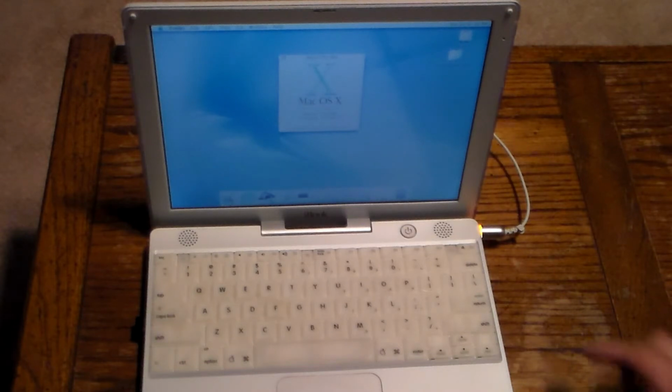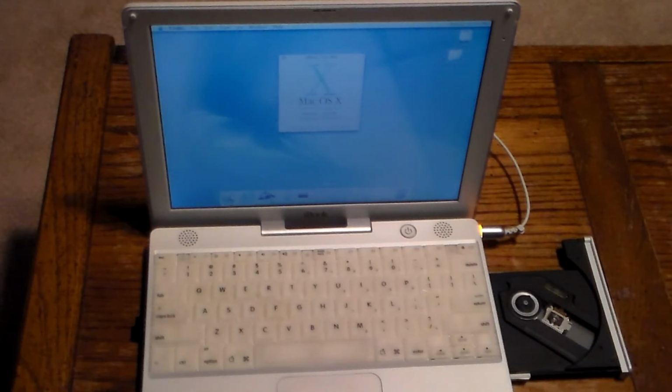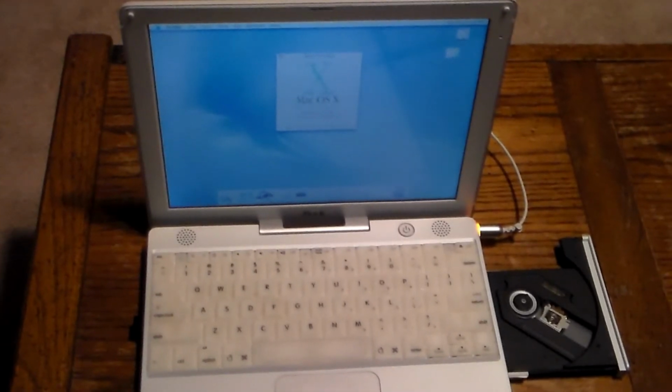Let me show you what happens when I... Here's the eject button in action. See, it has an old tray design, which some people like. Others prefer the slot-in design that Apple's been using for quite some time. Even if their newer MacBooks don't have a built-in drive, they use the Super Drive, which plugs into the side